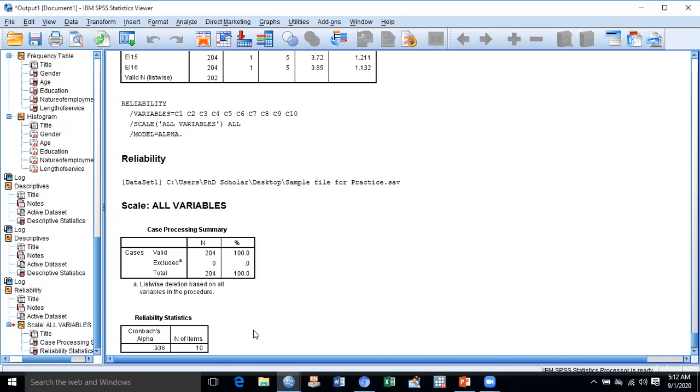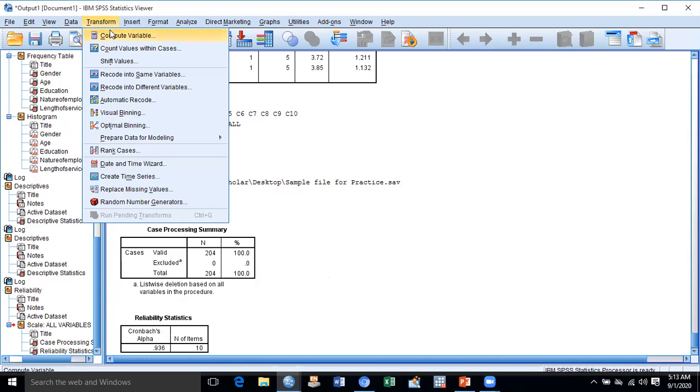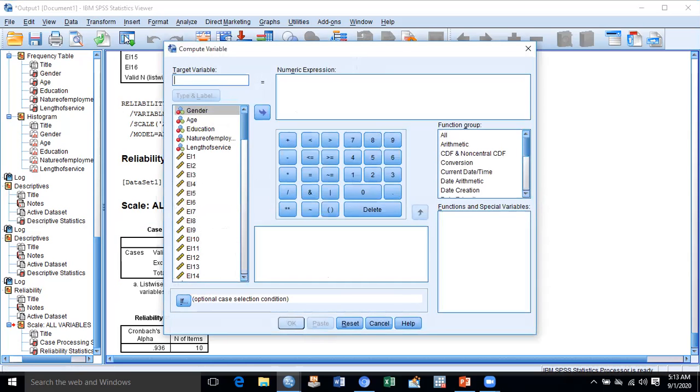So we can check the reliability of all variables one by one, as we currently checked the reliability value for creativity. And the next step is how to accumulate a variable in the data. We shall simply go to Transform, and here you can see Compute Variable. A new window will open, and we select all the questionnaire items of emotional intelligence, or whichever variable you want to accumulate.